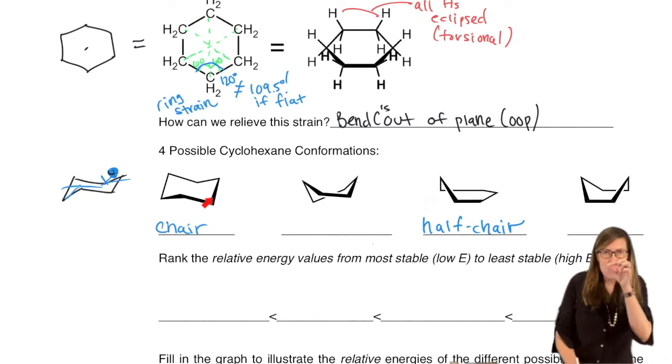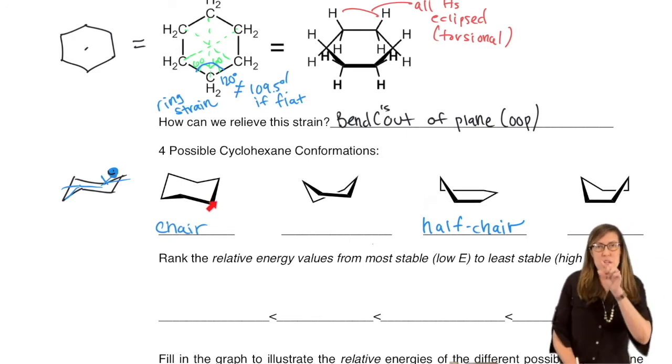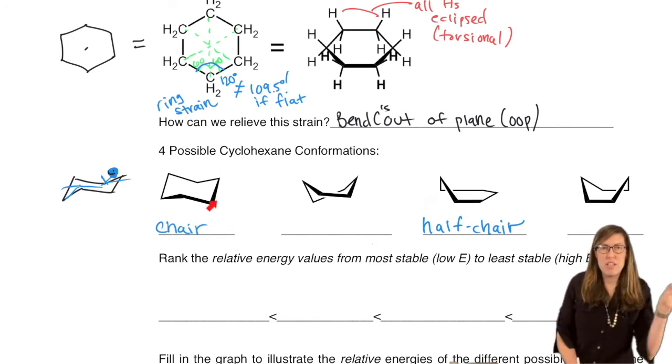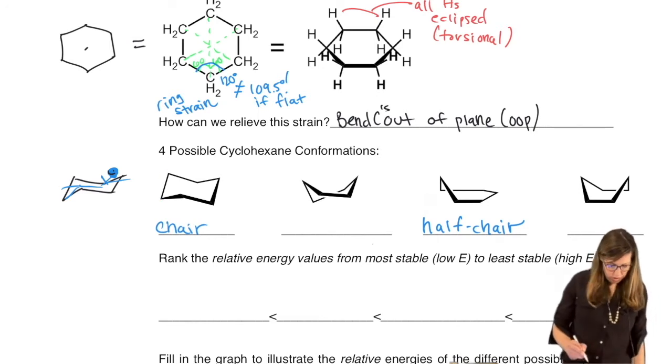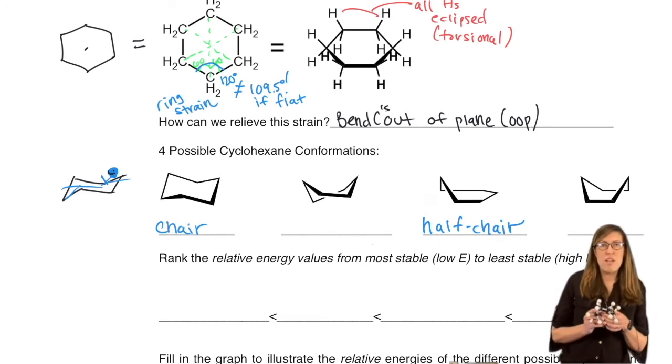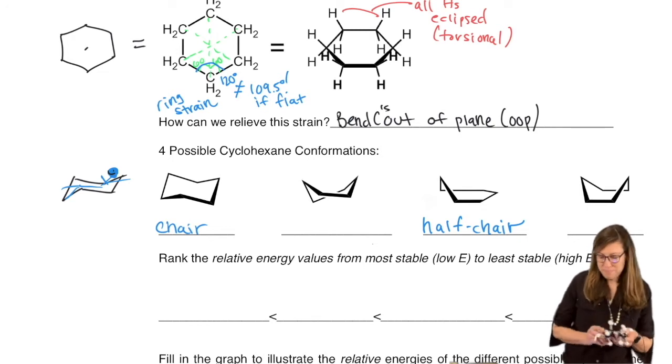They're not linear. They go up, down, up, down, up, down to accommodate a tetrahedral center at each carbon. The chair lets you do that. But that requires alternating up and down carbons. So instead of just folding one up, you fold every other one up, every other one down.